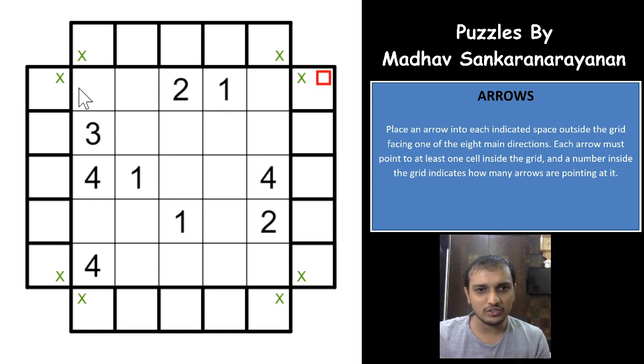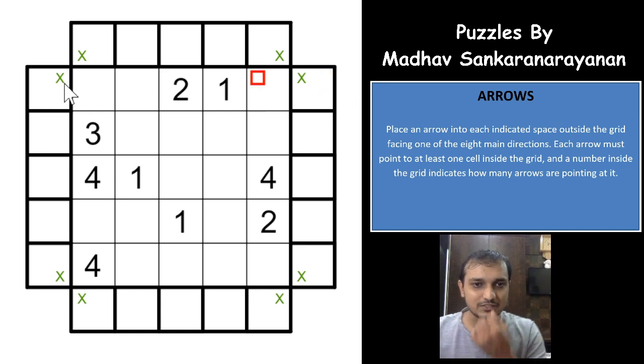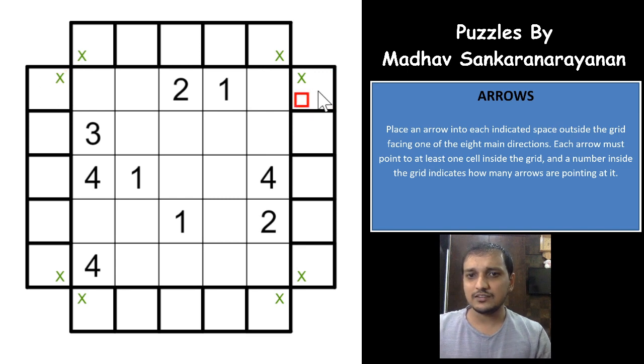Now why? Because this cell will either point towards the right or towards the bottom diagonal. Same way, this cell will again point towards the left or the bottom diagonal. But both of these cells cannot point towards each other. Now what I mean is that this cell cannot point horizontally and this cell cannot point horizontally at the same time, because you'll have 2 arrows pointing towards this one. Not possible, right? Which means that out of these 2 cells, at least one cell will have to point downwards, right? Either left diagonal from this side or right diagonal from this side.